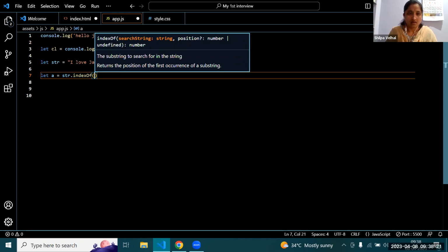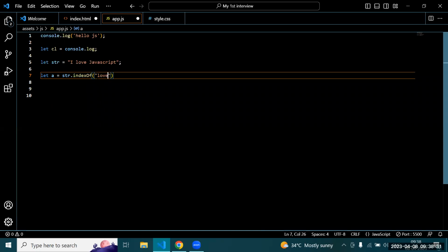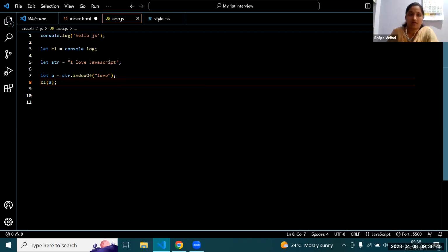Sir, this method is used like indexOf, when we give love, then this method gives the index number.